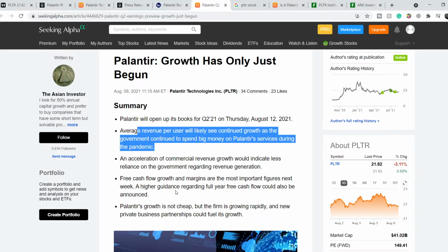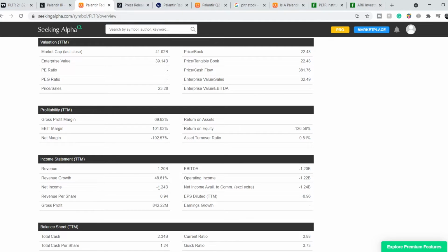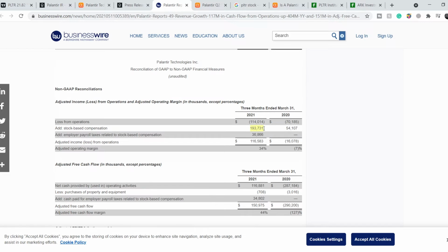Palantir's growth is not cheap, but the firm is growing rapidly, and new private business partnerships could fuel its growth. Let me show you right here that they don't have a revenue. They have a negative net income of $1.24 billion. But I have to say, this negative net income is because of their stock-based compensation. They have more than $193.73 million in stock-based compensation. This means they give this money to their employees, and this means this company is basically profitable, and they reinvest